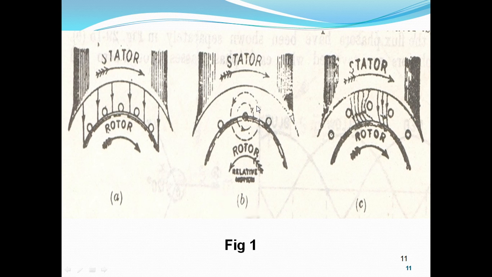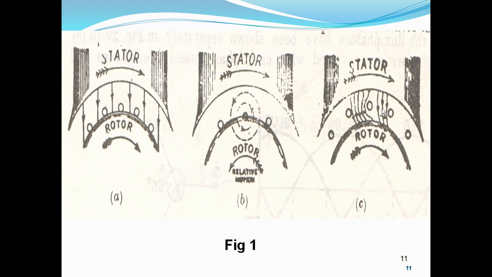Both are in opposite direction. Then what happens? Both will cancel each other, and on the right hand side the resultant flux is weakened. Whereas on the left hand side, the rotor flux is downward and the stator flux is also downward. So on the left hand side of the conductor, both the rotor flux and the stator flux are in the downward direction. Then what happened? On the left hand side the resultant flux is strengthened, whereas on the right hand side it is weakened.